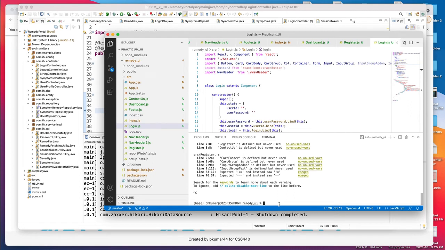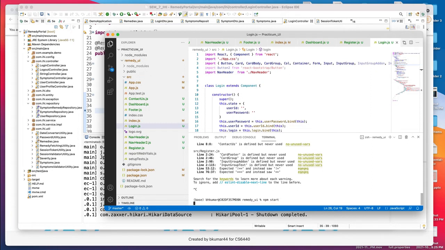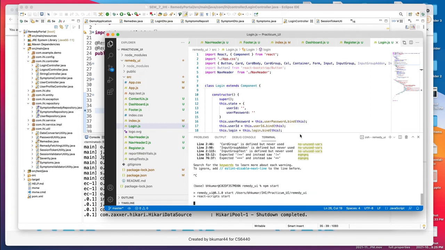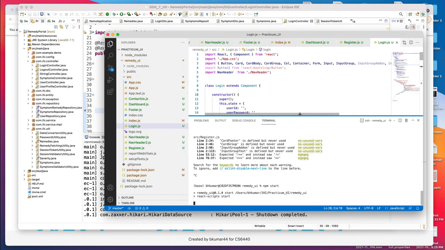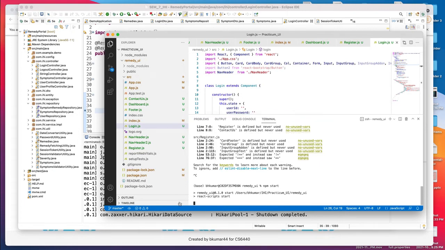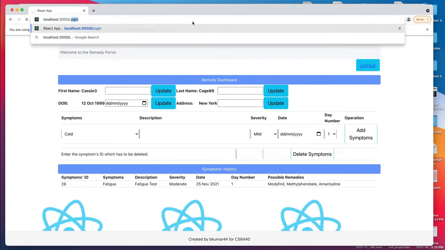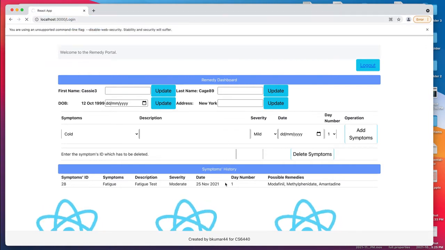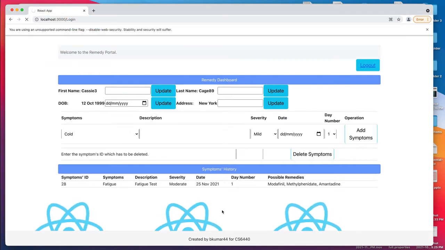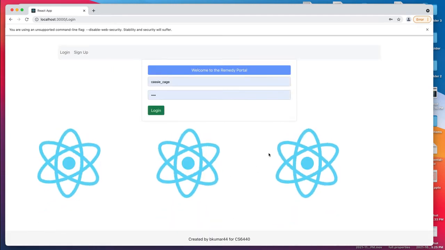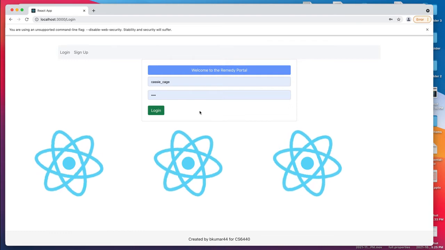I'll open Visual Studio Code where I have made my React.js application. I'll make use of the npm start command to start my React.js application. Okay, so my React.js application is now up.